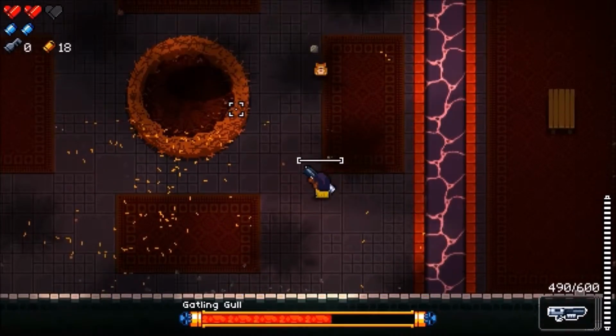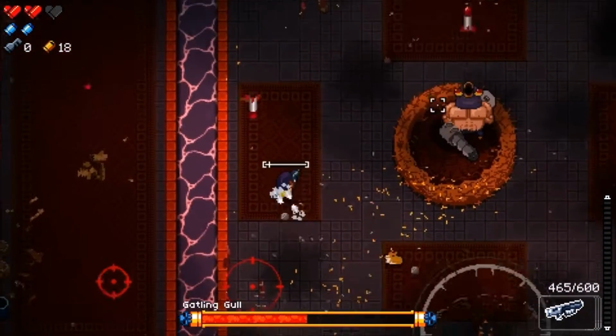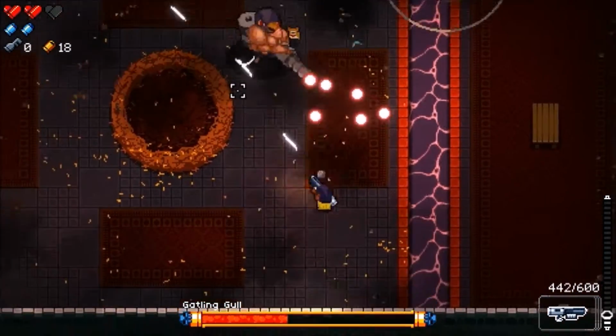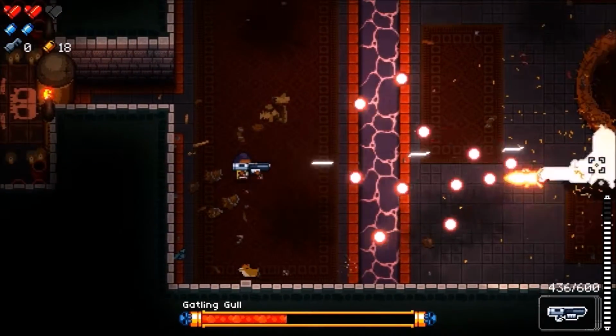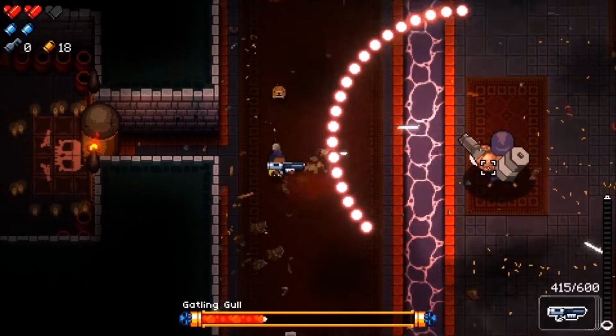This Hegemony Carbine is actually doing some top-notch work for us. It is pretty accurate and it fires quickly as well, so... ammunition is kind of hard to come by in this game, I'm not gonna lie. But if we've got good accurate weapons like that, then we should be able to do...